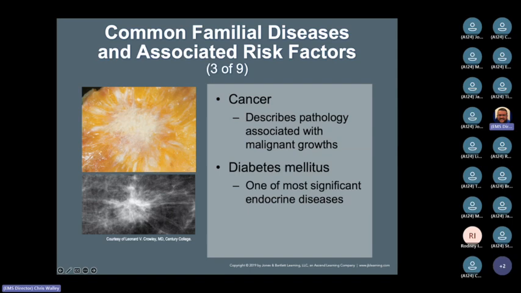So cancer describes the pathology associated with malignant growths in various anatomic areas. Prognosis often depends on the extent of its spread, metastasis, and the effectiveness of the particular treatment. Breast cancer is the most common type of cancer occurring among women, and